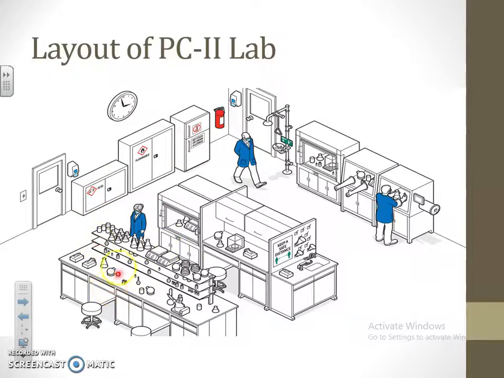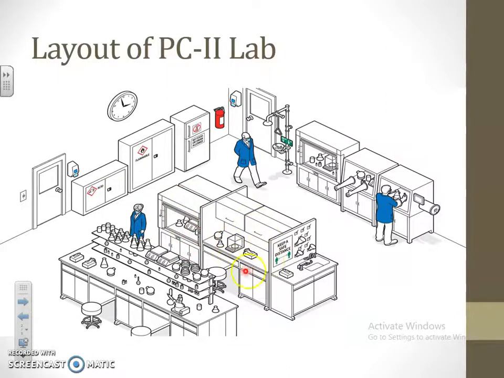Now this is the working area or working platform, in which we handle the equipment and glasswares, keep the glasswares and perform the steps. And this is the sitting arrangement, that is, stools are there, and this is exactly the working area. Next, there is a small heating area, a closed chamber in which the heating mantles are kept and heating can be performed.